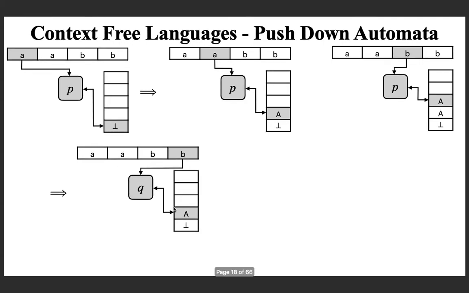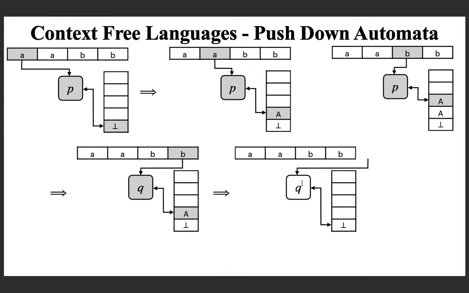And if you look at this configuration, you are in state Q, you are reading the input symbol b, and capital A is on the top of the stack. You just pop it out, you finish reading the input, and you get into a stack state which is empty, nothing other than the original symbol which is bot. So this means that the number of a's processed is the same as the number of b's. Okay, this is just an example for you to understand how a push-down automaton works.